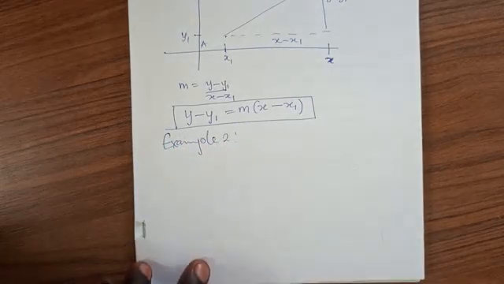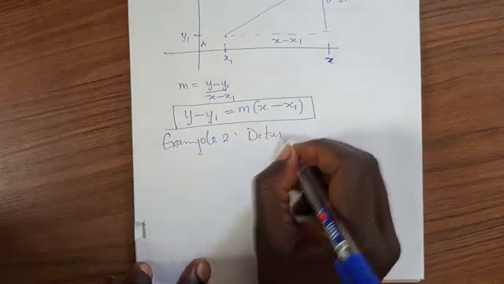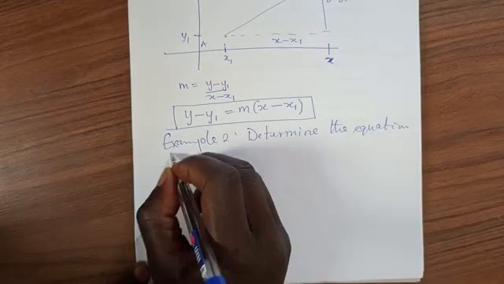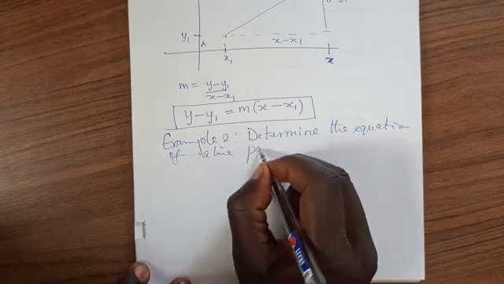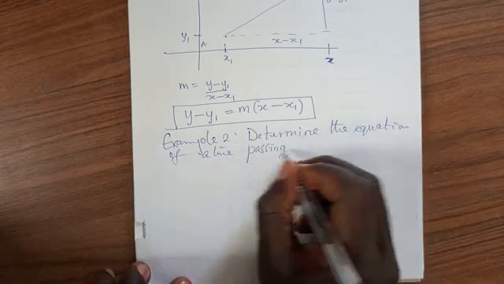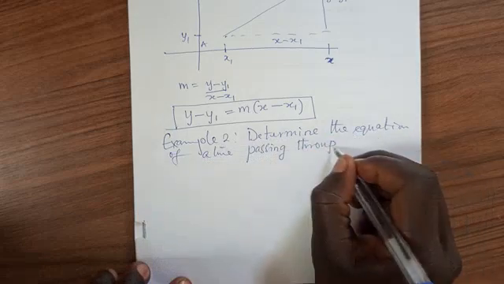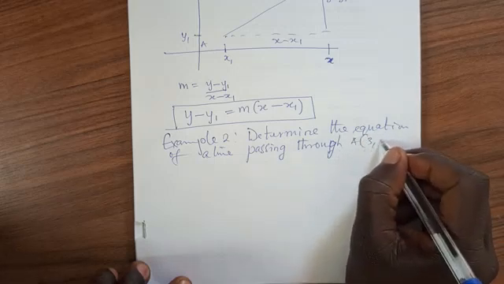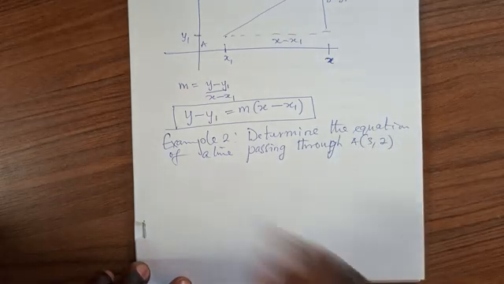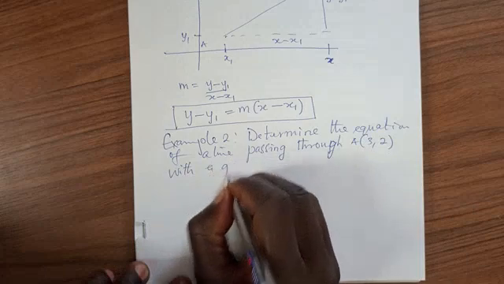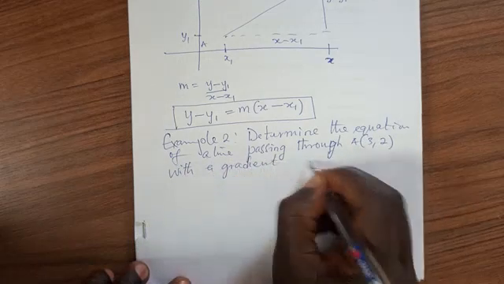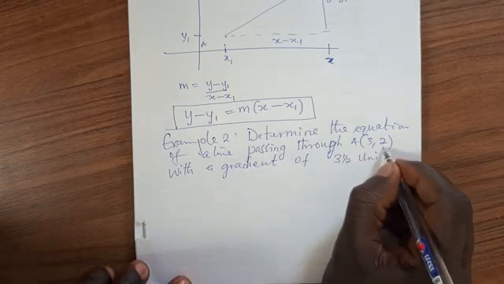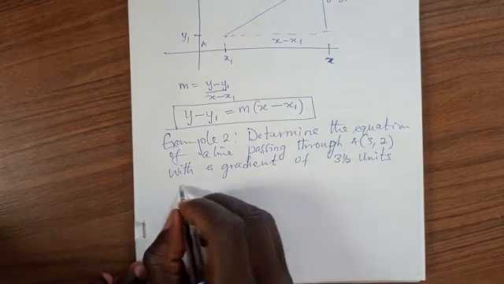Here is our example 2. Determine the equation of a line passing through the point A(3, 2) with a gradient of 3.5 units. So to solve this,